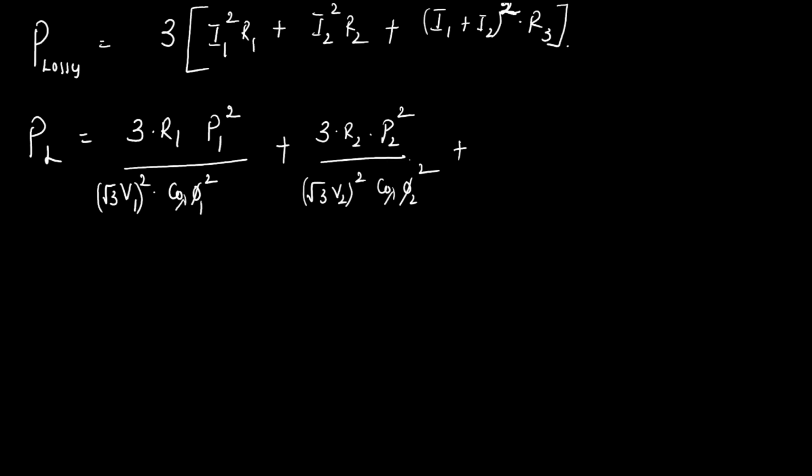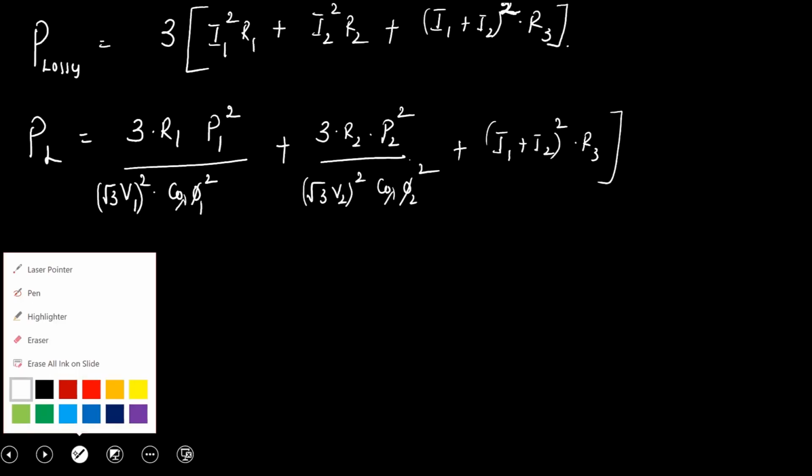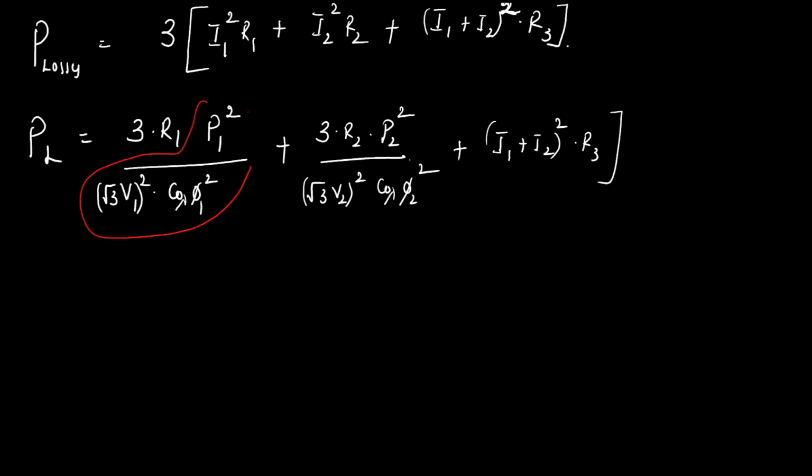So now, this term is I1 square. This term is I2 square. Here also I1 square, I2 square is there. And again I1, I2 term is there. So if you simplify this, you're going to get your PL, because in every term this 3 and root 3 will get cancelled. So eventually you're going to get